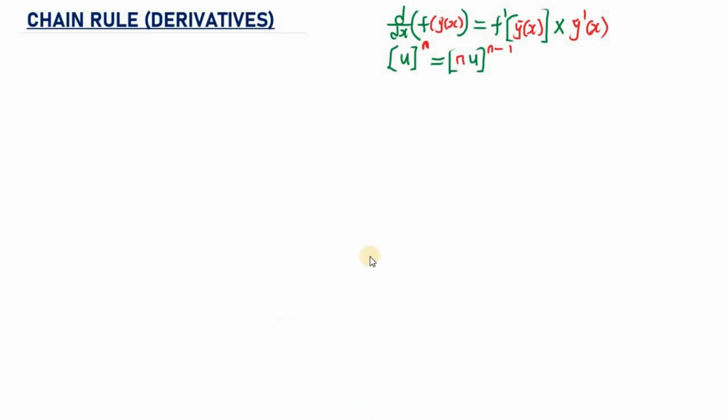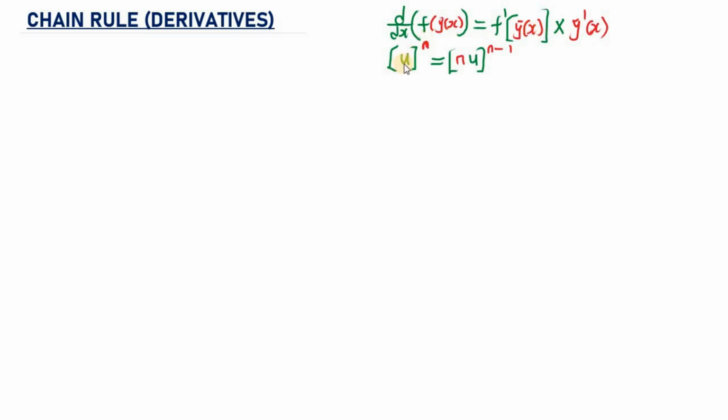Now, if you take a look at the screen, we have the function. If you want to take the derivative of f of g of s using chain rule, it is going to be the derivative of f, which is the first function, then multiply by g of s, then multiply by the derivative of the second function.